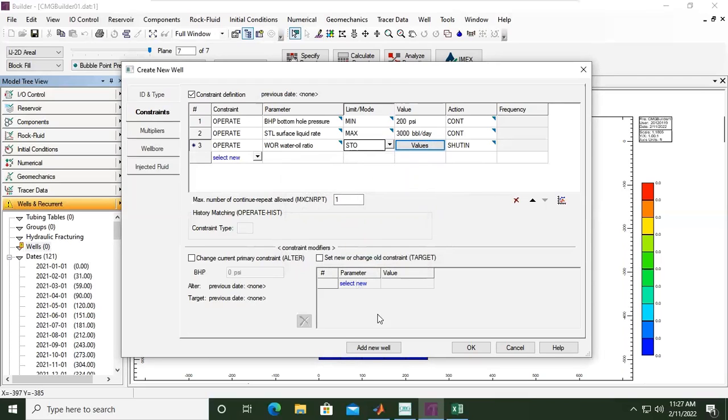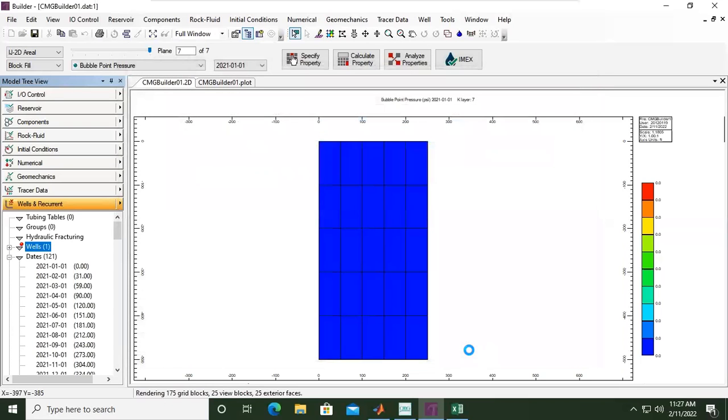Okay, so far so good. If you want to add a new well, you can select this one, new well. If not, we can click OK. Okay. Open it.